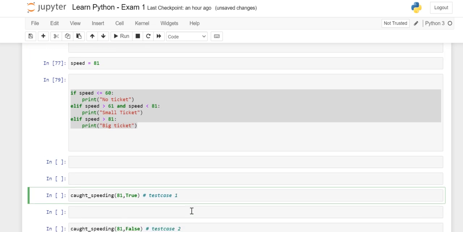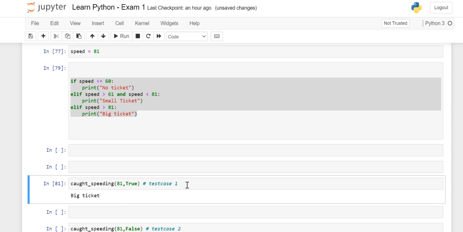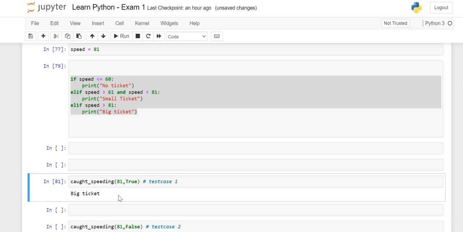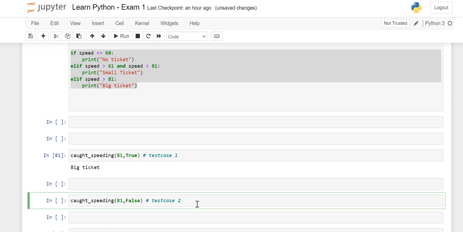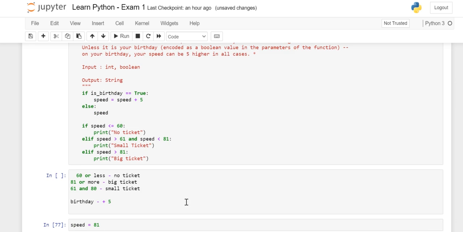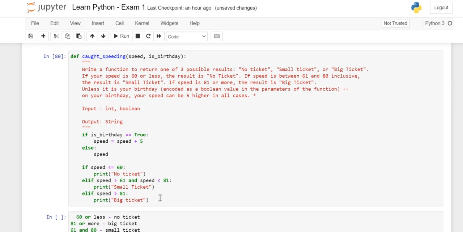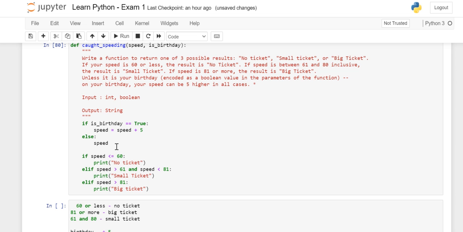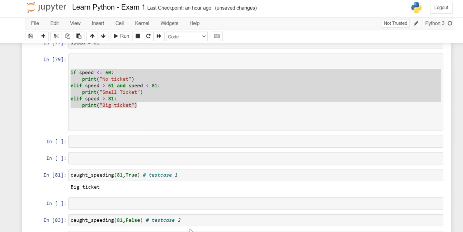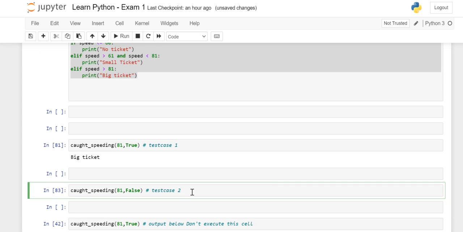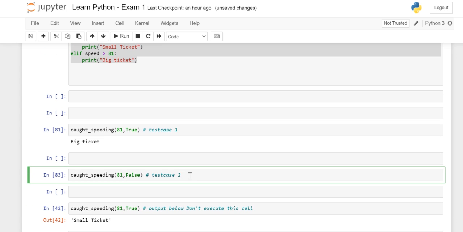Okay, let's check the first test case. I said caught is speeding. When I said it's my birthday is true and speed is 81, I got big ticket. Fine. And when I said my speed is 81, but today is not my birthday, so what should I get? What happened? It didn't go into check. When I said that it's false, it should give me what output?